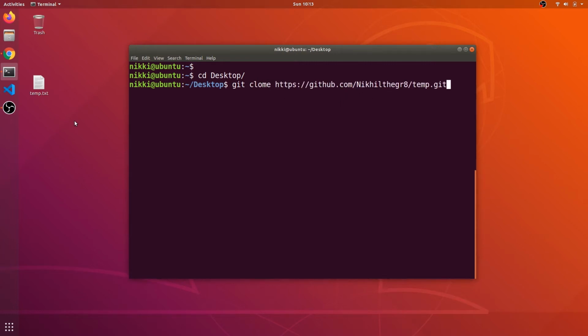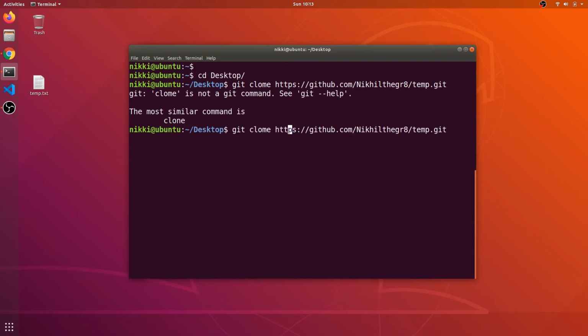After hitting enter, the entire repository will be cloned into this desktop directory. I'm sorry, I have mistyped the clone spelling. It says cloning into temp and a warning that you have cloned an empty repository.